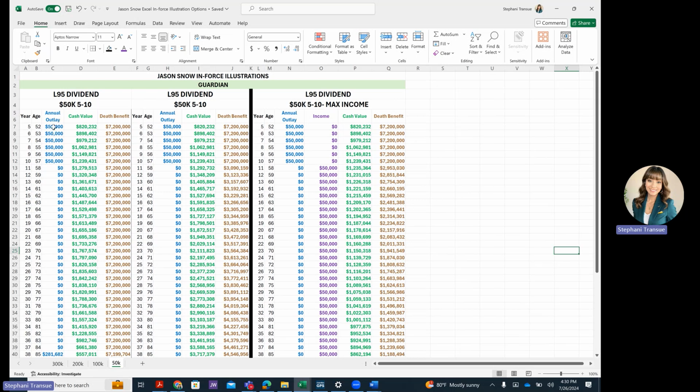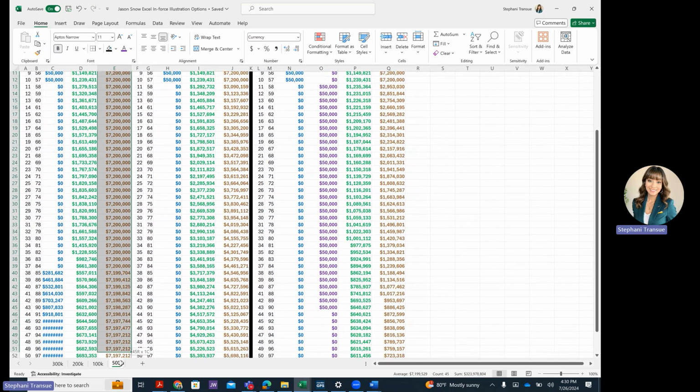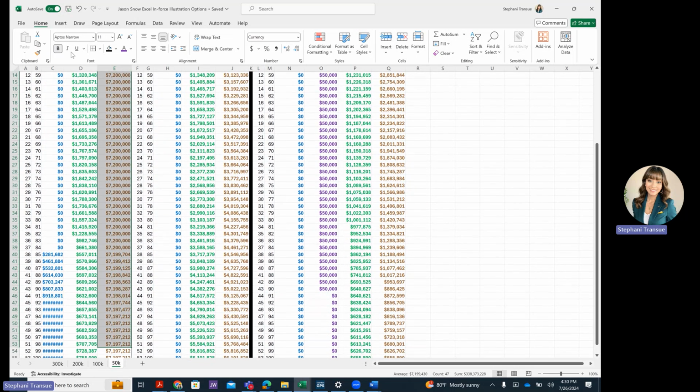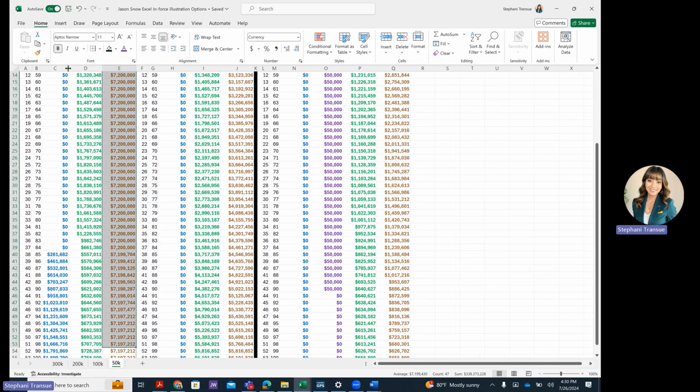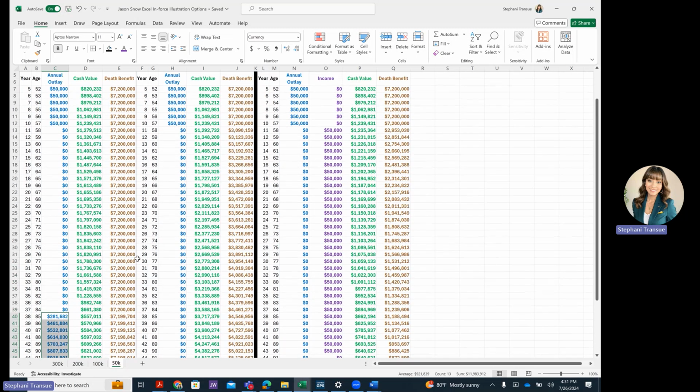The last example. What if you decided and said, "Hey, we're not going to max fund the policy the most we can. We're just going to pump in 50,000 for the next 5 years." This is how your death benefit will look like by keeping the term rider on. In this case, because you're only funding that 50,000 for the next 5 years, you will notice that it will require money again at the age of 85 in order to keep up the cost of the term.